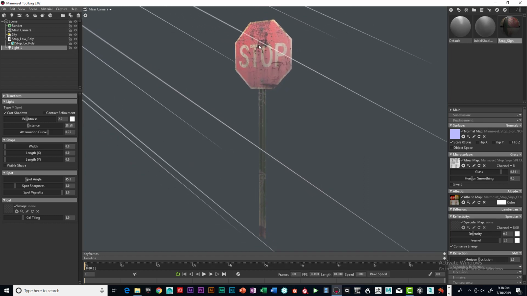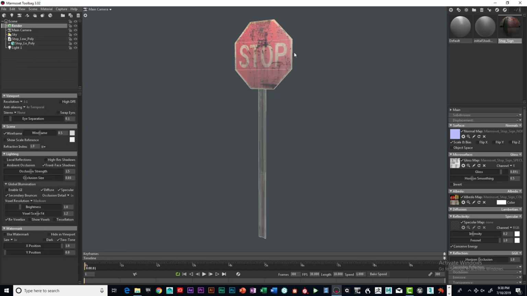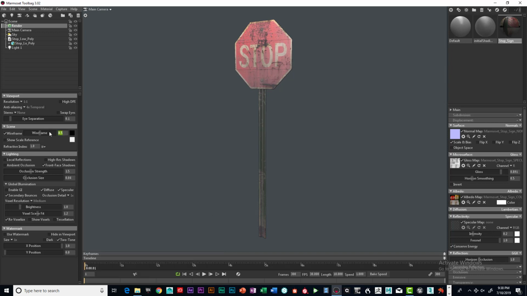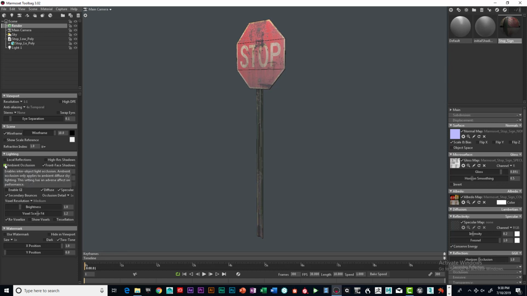Alright, then we need to set up. If you want to add a wireframe on that, you can over the top of the object, and you can just click under Scene, and we're going to go in here and go to black, and we're going to set that up to something like 10, although going over 1 really doesn't do anything. So there's our low poly, and then you can add ambient occlusion to it if you want to, and I'm not going to do that, or global illumination,